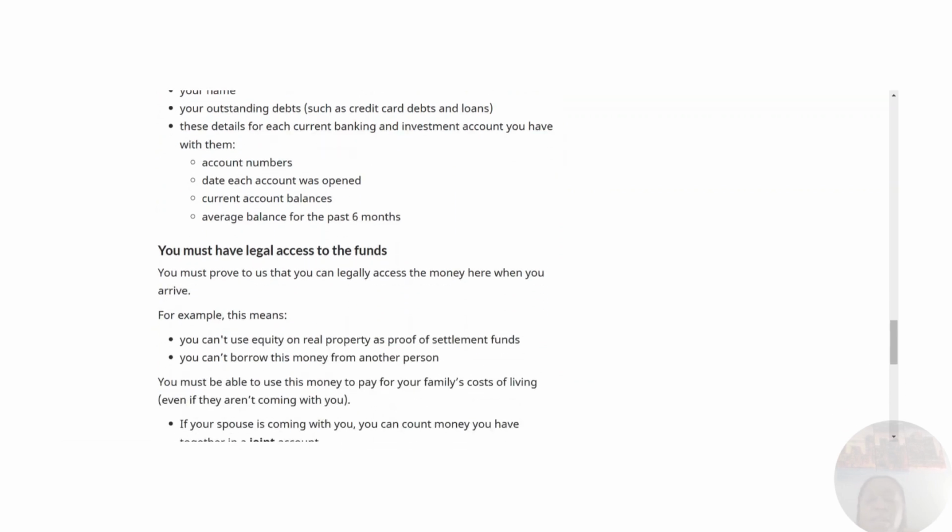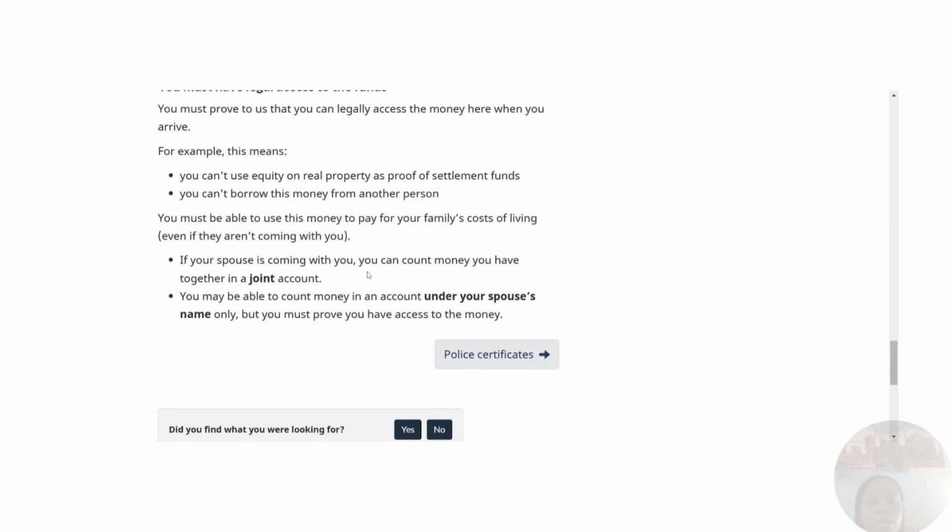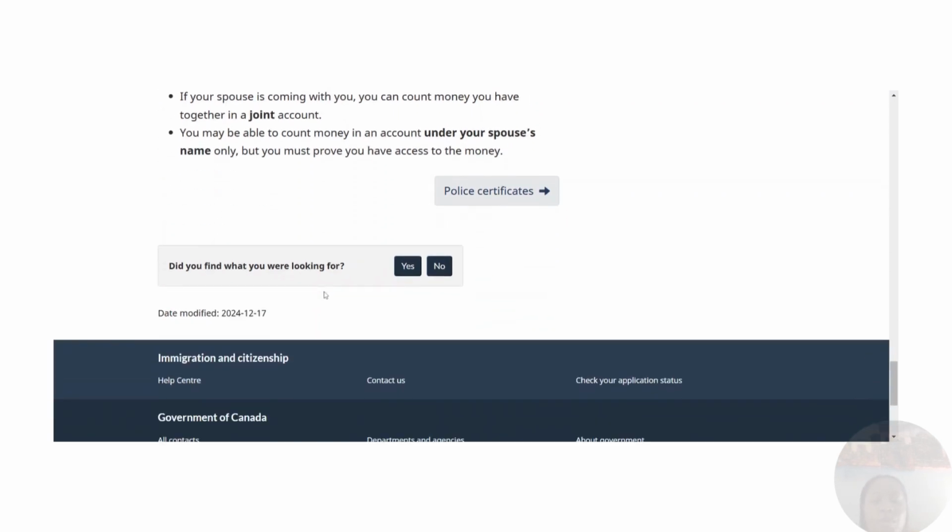You must have legal access to the funds. You can't use equity or real property as proof of funds. You can't borrow this money from another person. If you have funds in a joint account, they outline what you need to prove that you have access, and so forth. So just for you to understand, this information was updated on IRCC's website, or updates were made to this